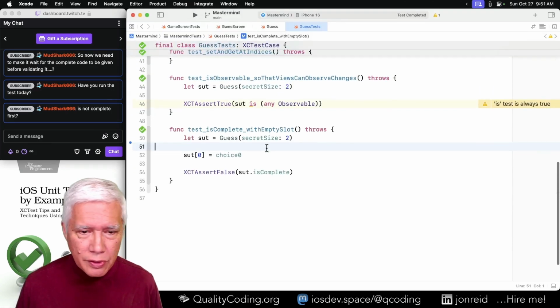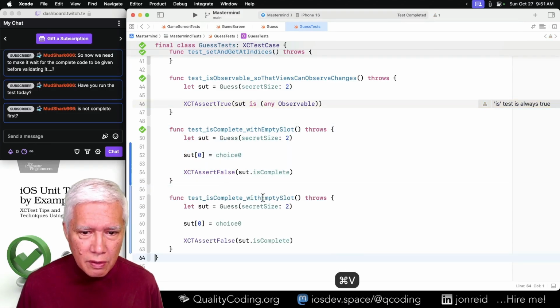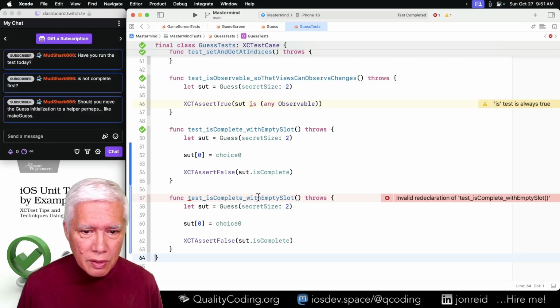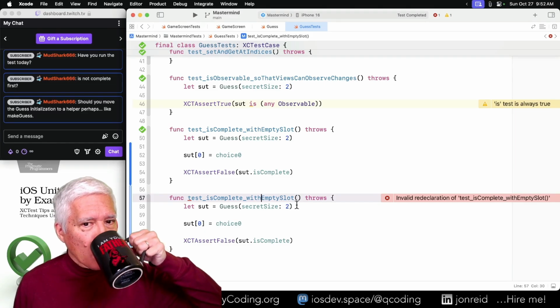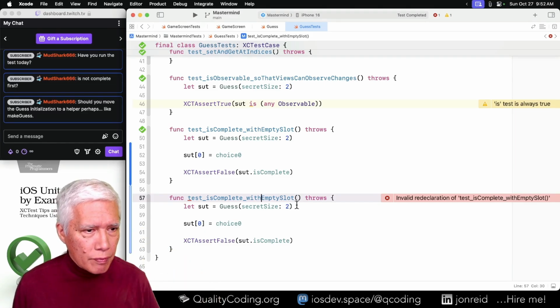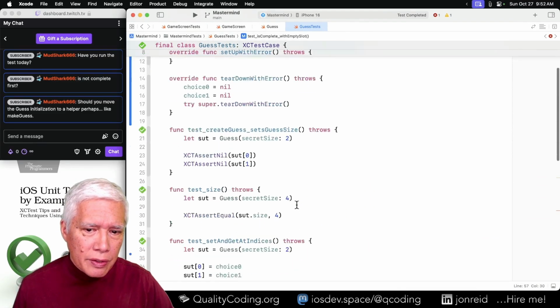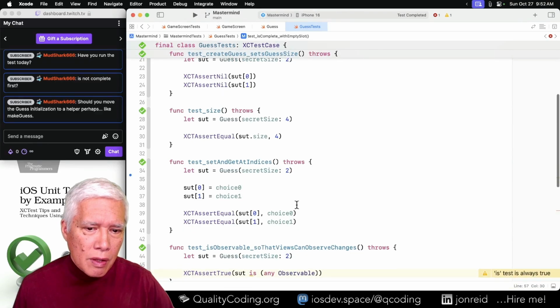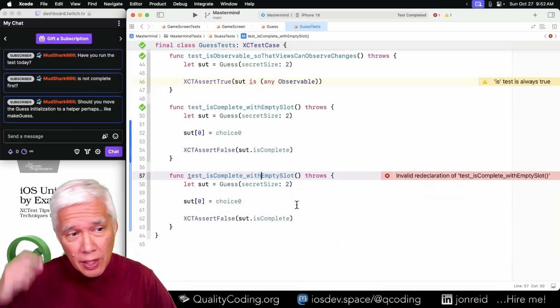All right, so that makes it easier to move forward with the next tests. Is complete. There is duplication around creating the test.